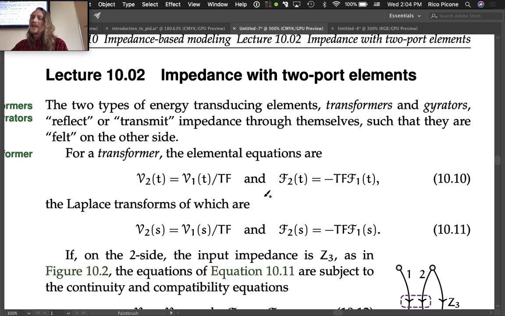Okay. So let's maybe do this lecture 10-2. Impedance with two-port elements. So remember, in the preceding lecture, in 10-1, as it were, we